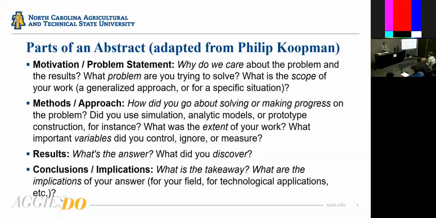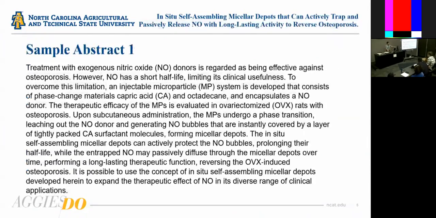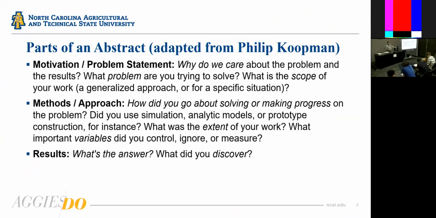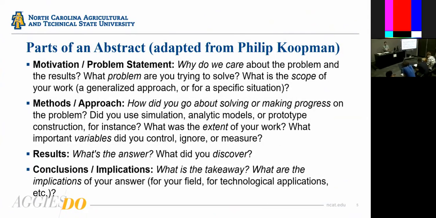All right, so now what I want you to do is take that same abstract and break it down in these components that we just talked about. So where do you see each of these things? You can look at it sentence by sentence, more or less. Look at each sentence, try to figure out which of these things it most closely aligns with. And again, it doesn't really matter if you understand what the methods are or what the results mean. It's rather, how does the writer make it clear which of these areas each of these sentences fits into.